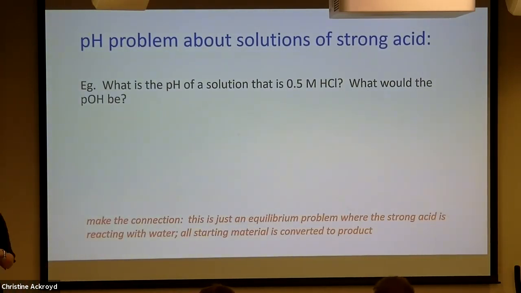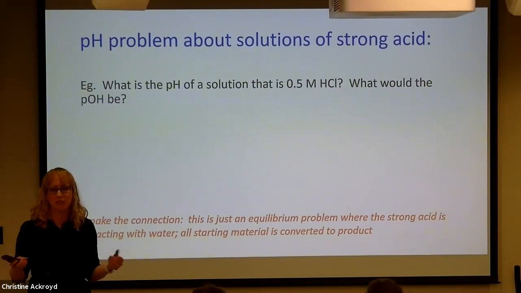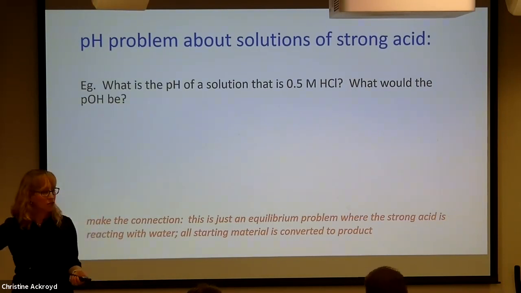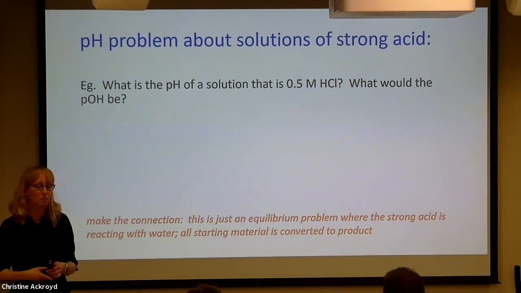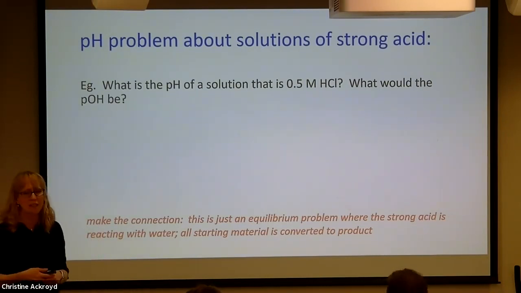How do we solve this equilibrium problem? First thing, you need to know what kind of acid you're dealing with. HCl, is it a strong acid or a weak acid? Okay, it is a strong acid. You don't have to memorize that because what reference material can you use to always answer that question for you? Pull up the Ka table, look at HCl on your Ka table. You'll see it's positioned as a strong acid. It has a high Ka value. It's a strong acid. How do we write the RICE table?